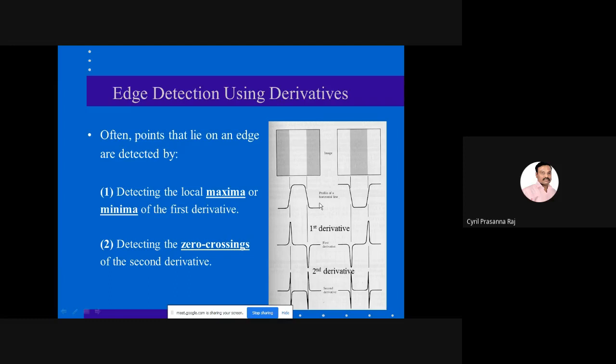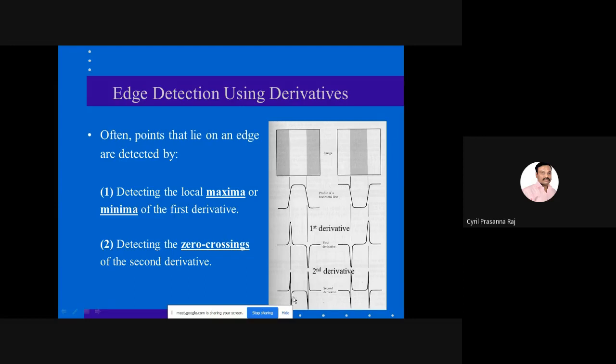Now, there is another method of detecting the edges in a given image, and that is where we come across zero crossings. What is zero crossing? Let us do the first derivative. If you differentiate the first row, you get a positive spike and a negative spike. Take this and differentiate again, and you will again get a positive spike for this part and a negative spike for this part. Whenever the input goes from 0 to 1, it leads to a positive spike, and whenever it goes from 1 to 0, it gives a negative spike.